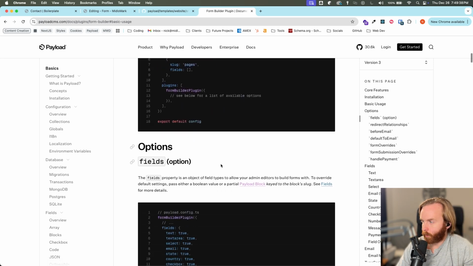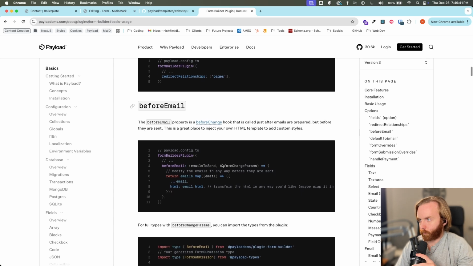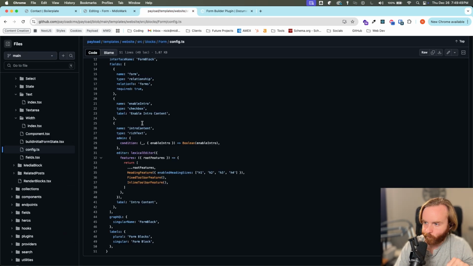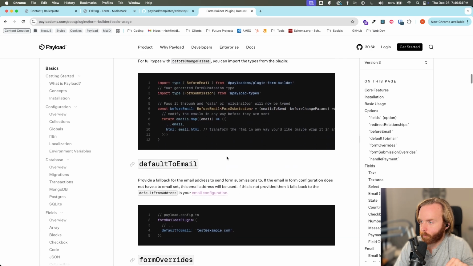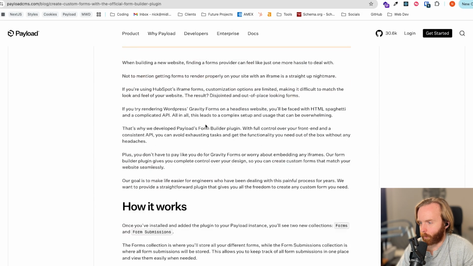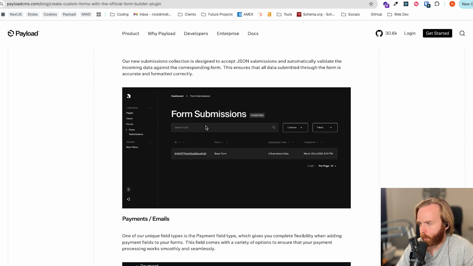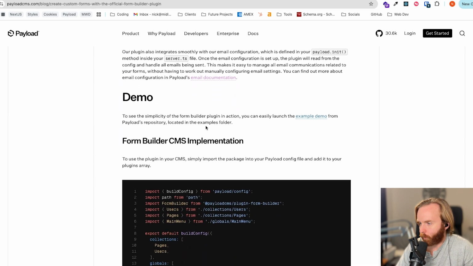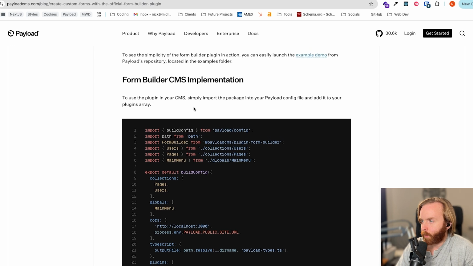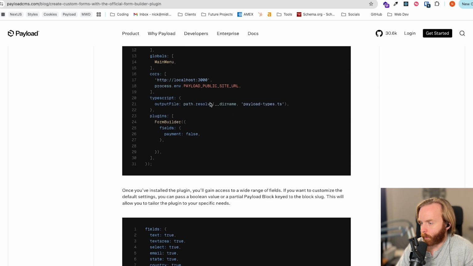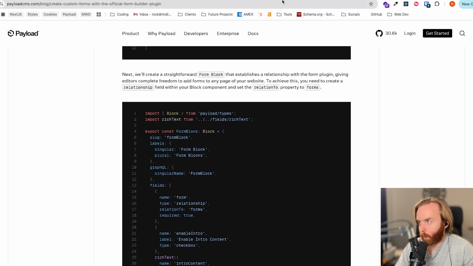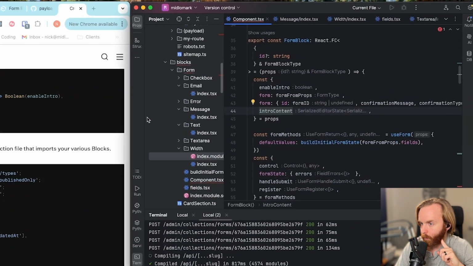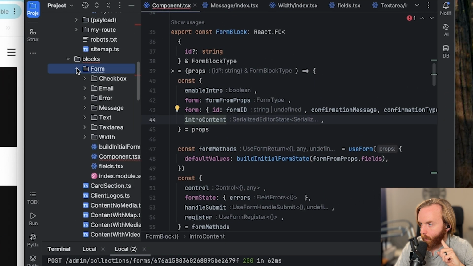Plugins, form builder plugin, okay. So then let's see, here, this is a blog for it, how it works, forms collection, form submissions, not what I'm looking for, demo, okay. Simply import the package and add it to your plugins array, did that. Okay, so I need to add a form block, which I don't know if I have done. So let's go and do that. So we have our form,